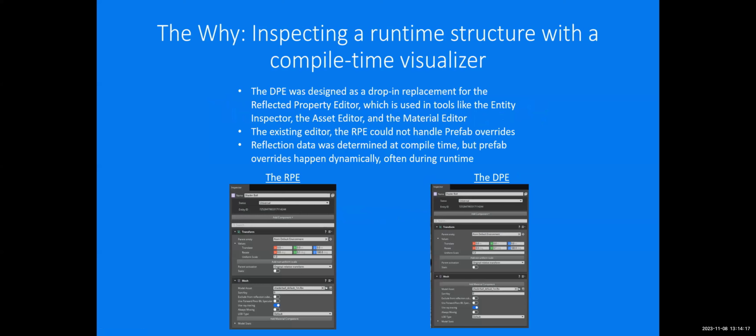I'm just going to be discussing the document property editor that Joe mentioned is a very important part of our point release, and what it does now and what we hope to do in the future. So the why as to why we created the DPE is